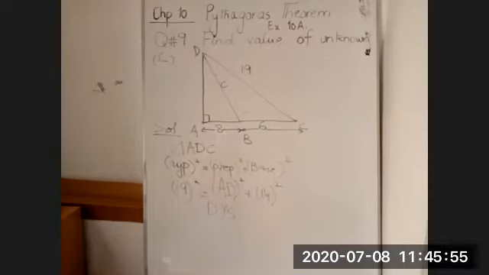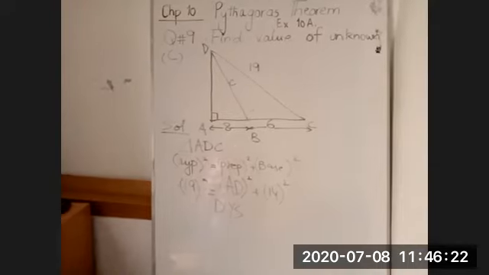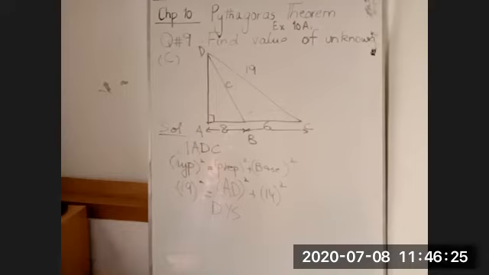By finding out the value of AD from this equation, you will take the triangle ADB, taking C as your hypotenuse, 8 as your base, and AD as your perpendicular. By using Pythagoras theorem, you have to find the value of C. That is very easy. So I think that you can complete it by yourself. Next is your question number 9D part.